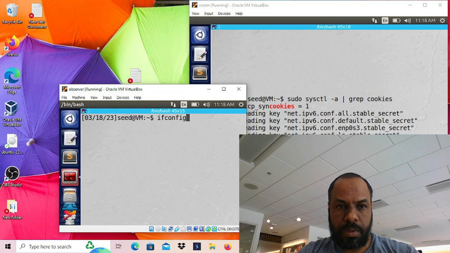As we see, we can telnet it, because the cookie is on, so it defends against the attack. So we come back here